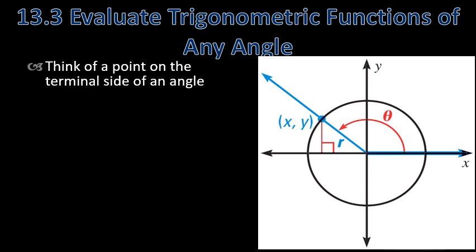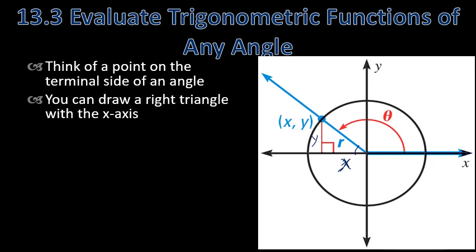If we do that, then the sides, this would be how far we go over in the x, and this would be how far up in the y. And the hypotenuse is r. And the angle will be the angle at the origin. If we do that, then you can see